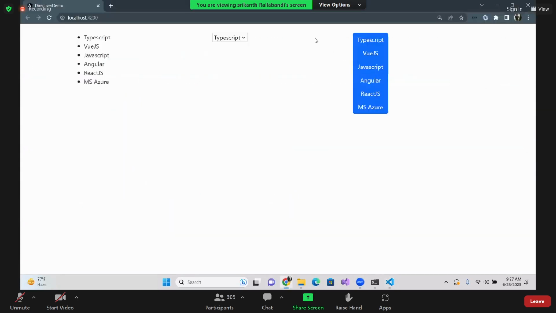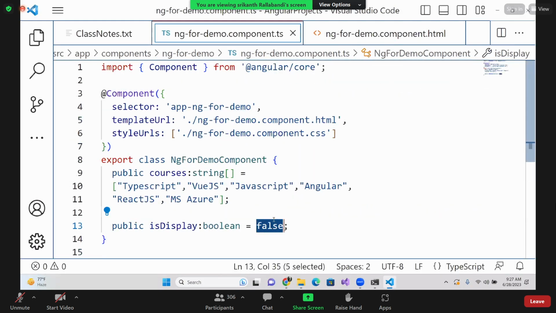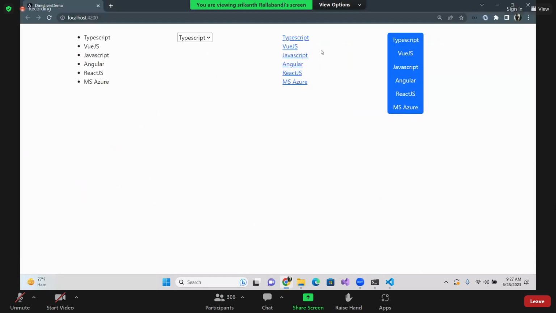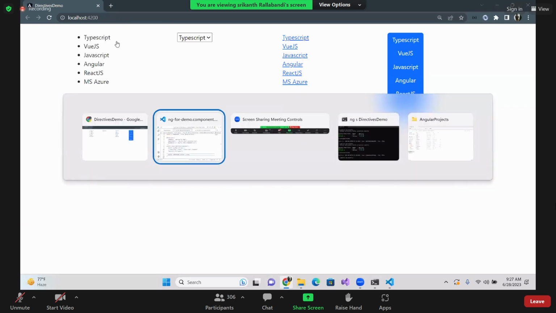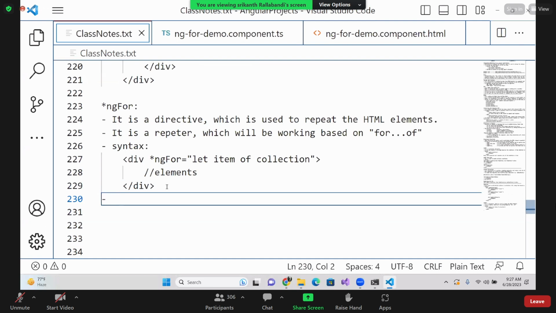Now, am I able to see that anchor tag here? Tell me. No. Suppose I make it true, save it and come back here. Am I able to see it here or not? Right. But do remember the very important point here is we cannot apply